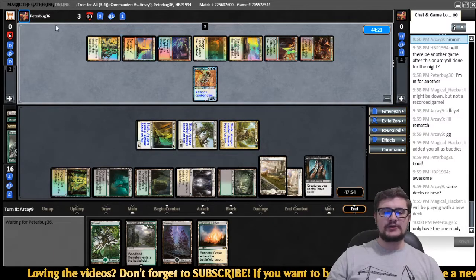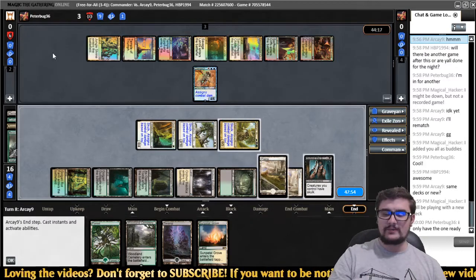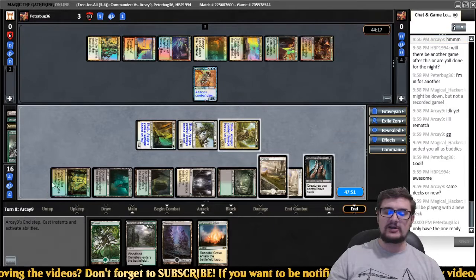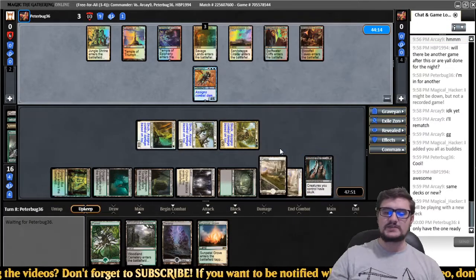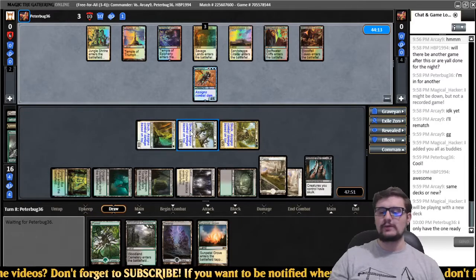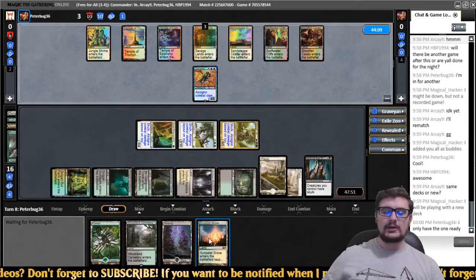So let's see what Peterbug 36 decides to do here. They're at 3 life. We've got 3 creatures out there. Technically, we can replay our commander and eventually get in there. They've got to find a way to deal with that Behind the Scenes and at least 2 of our creatures. That would give them an answer. We're hoping that we can find some way to